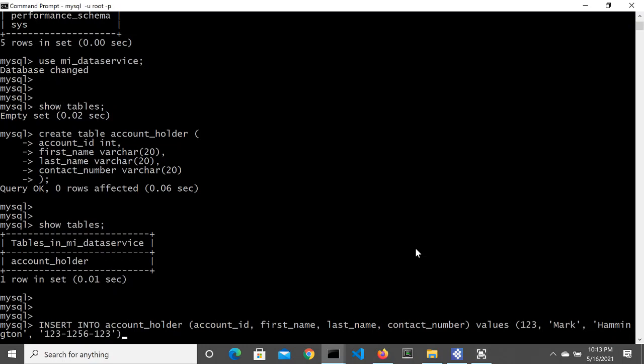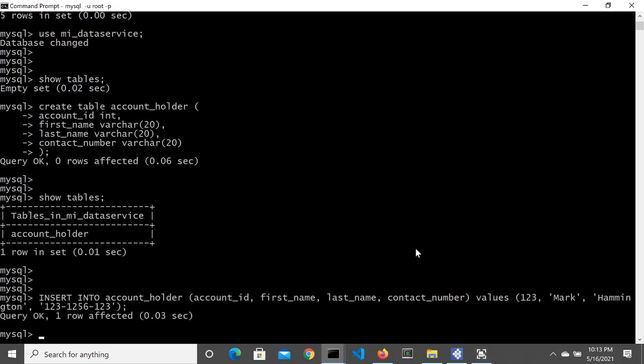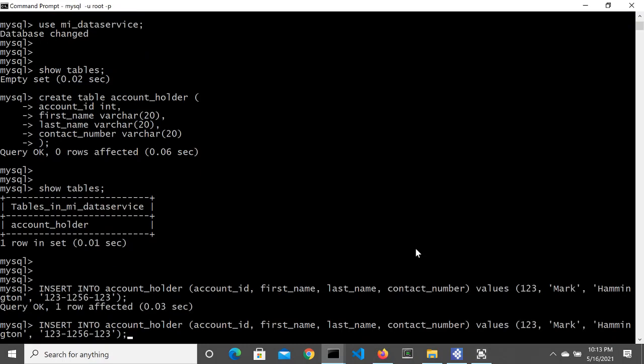And then close your query, and one row affected. So yeah, let's also put another value here. Fraser, and